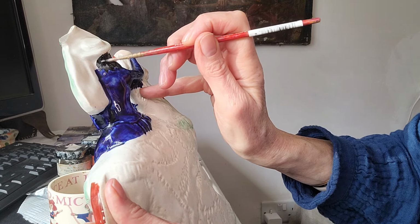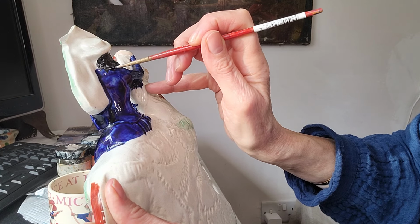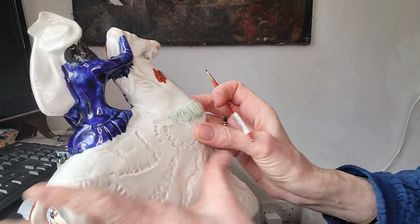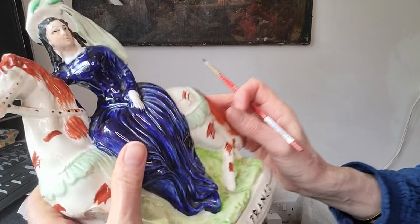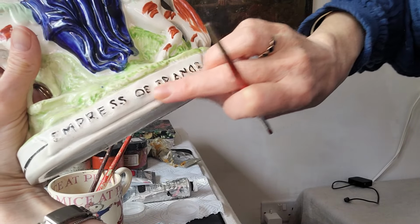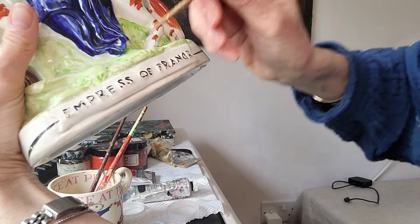I might just add a little bit, blend it a little bit further down where I can see it doesn't have much of a shine. And just keep assessing. And that looks fine there. Now we could actually do bits and pieces on here where it's slightly worn away if you want to, so just very, very carefully